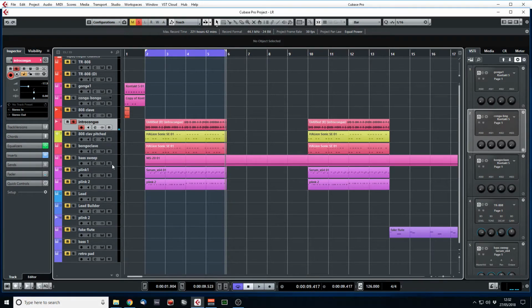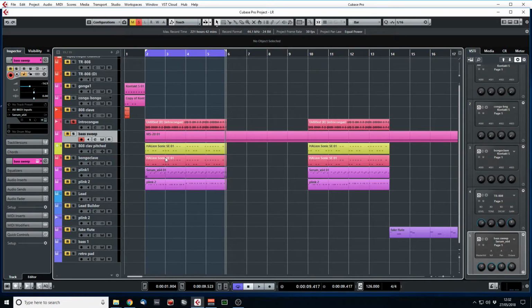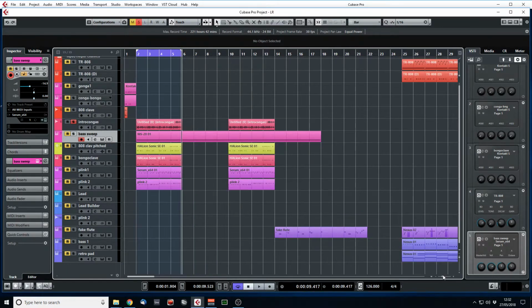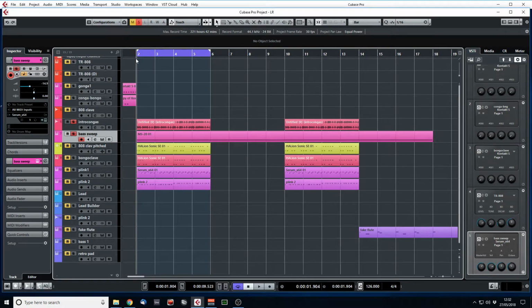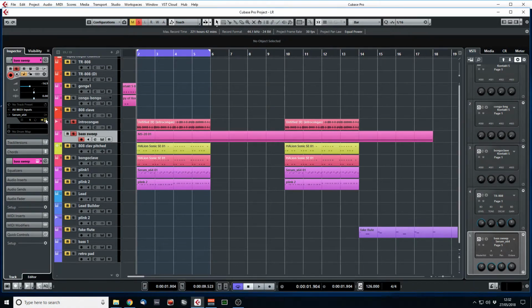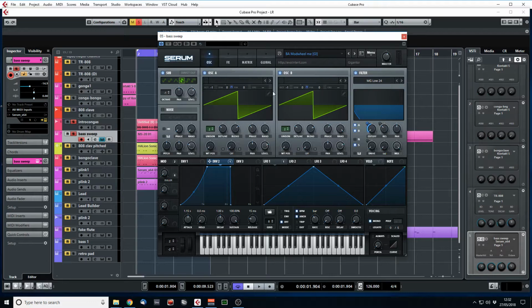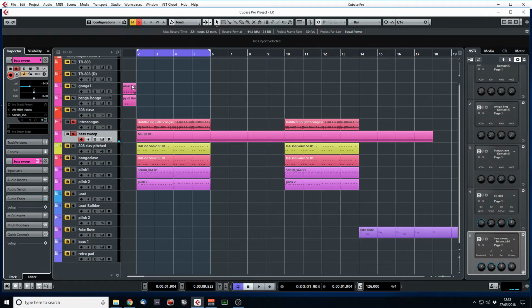Which is really cool and quite close to what's going on in the original track. There's also, throughout the whole of the intro, a sort of low bass kind of pad sound, and I use Serum here to make a similar sort of sound. It's quite a resonant sort of pad, saw wave pad, but playing it quite low on the keyboard and you get that kind of feel. So when we play that with our bongos and congas,